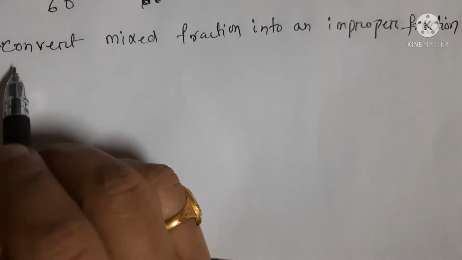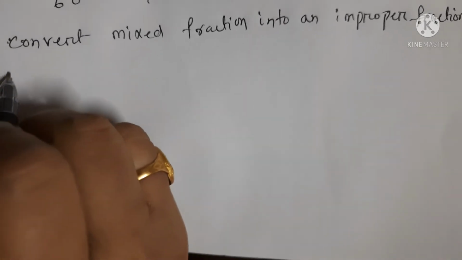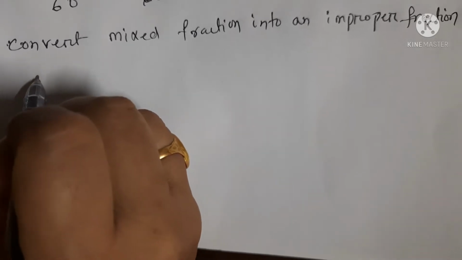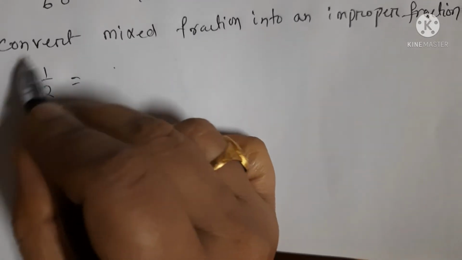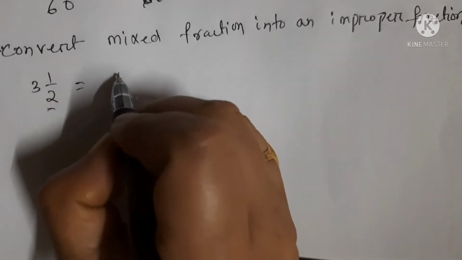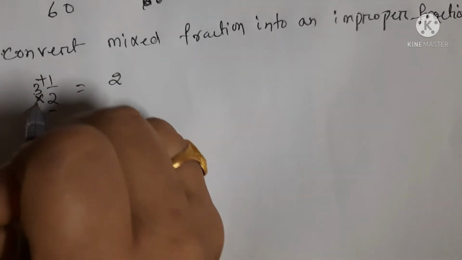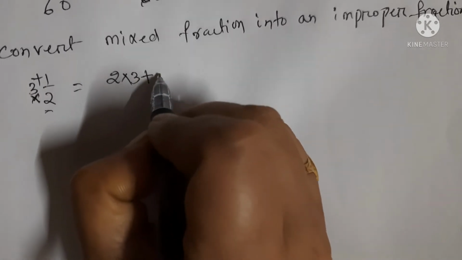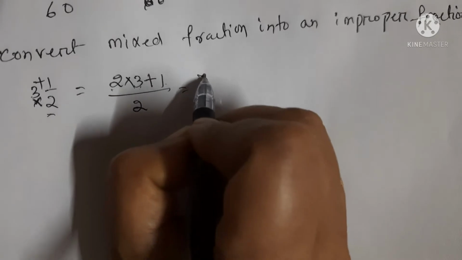Now the next concept is converting mixed fractions into improper fractions. Now you will learn how to convert a mixed fraction into an improper fraction. For example, 3 1/2 is equal to, now this one is a mixed fraction. Now you have to make it improper. Here first you write the denominator, then do both like this. This is the trick. Now 2 multiply 3, next addition plus 1, by 2. Now it is easy. 2 3s are 6, 6 plus 1 is 7/2.